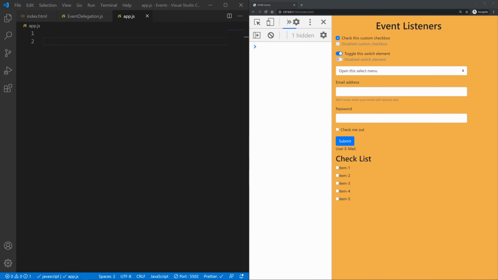Okay guys, so in our previous lecture we talked about event bubbling, and in this one we're going to talk about event delegation, which is kind of the opposite of event bubbling. If event bubbling bubbles up in the DOM, event delegation delegates events down within the DOM, down to its children. So let's type in here a comment: event delegation,